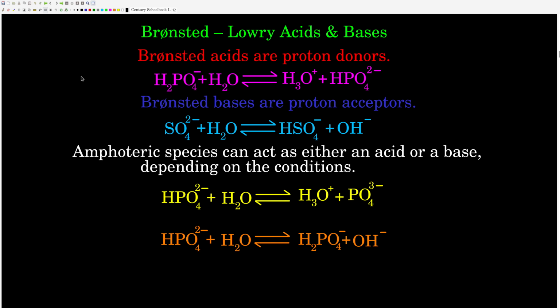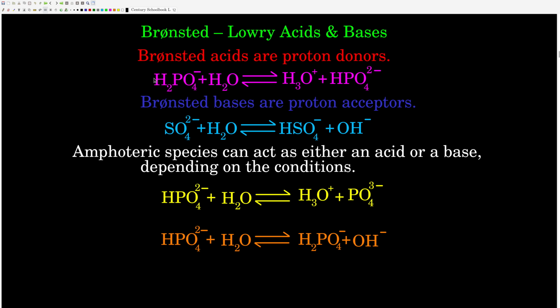The next more modern definition would be the Bronsted-Lowry definition. Now, a Bronsted acid is something that's a proton donor. Now, the key difference here is there's no water involved. In the Arrhenius definition, we had to have an aqueous solution and we had to produce the hydrogen ion for it to be an acid. Here, it's just something that donates a proton, so it encompasses solutions that are not necessarily aqueous, as well as